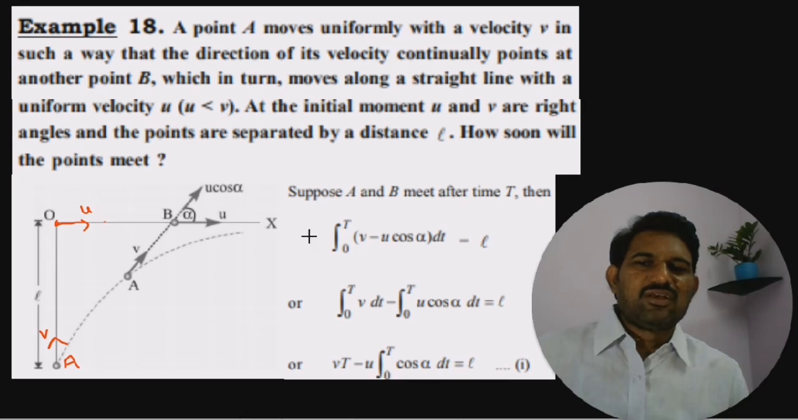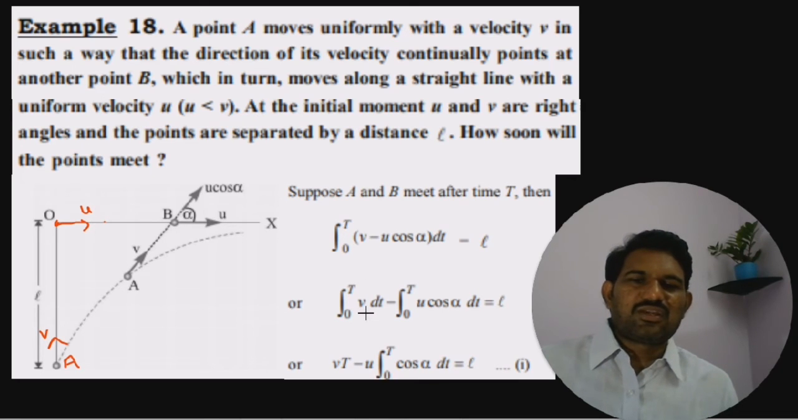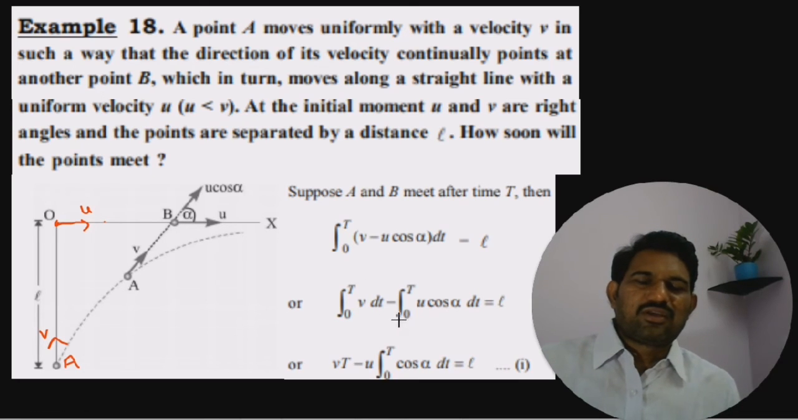So we write the relative velocity into the time. That relative velocity is nothing but v minus u cos alpha into dt, integral from 0 to T, which should be equal to L. Now we separate this integration: the integral of v dt equals v into T, since v is a constant value. Then the integral of u cos alpha dt,